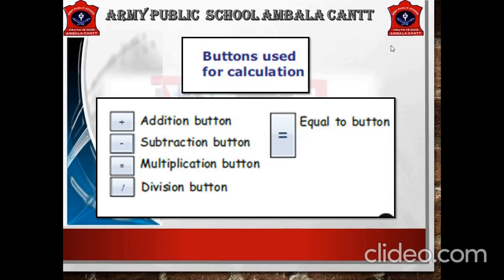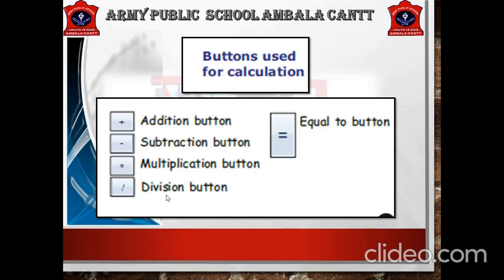Before starting working on the computer, we must know some buttons which are used in calculation. Plus, that is used for addition. This is addition button. Minus, this is subtraction button. Star, multiplication button. In some calculators, it is used as cross sign also.